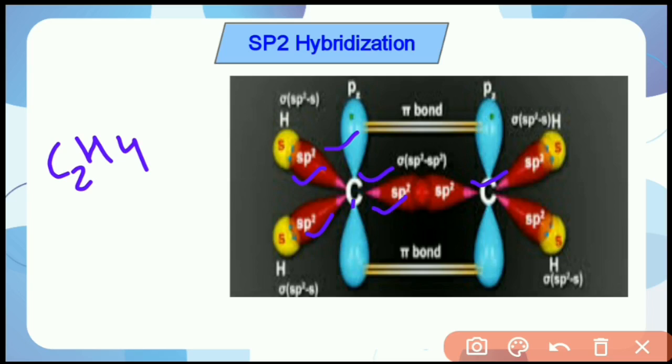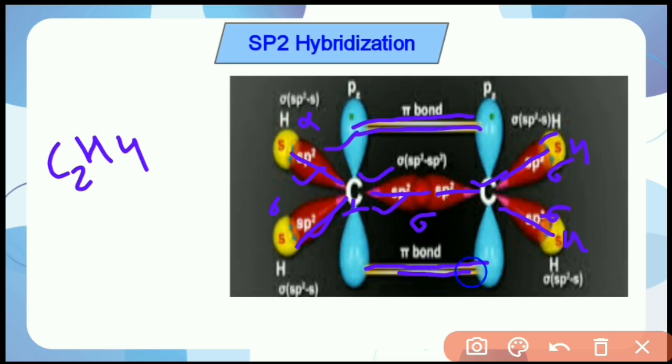1 carbon atom forms 2 bonds with hydrogen, forming sigma bonds, and 1 bond forms with the other carbon atom. Here also a sigma bond is formed. Similarly, the other carbon atom bonds with hydrogen s orbitals. Here also sigma bonds are formed with hydrogen, and the unhybridized orbitals laterally overlap each other and form a pi